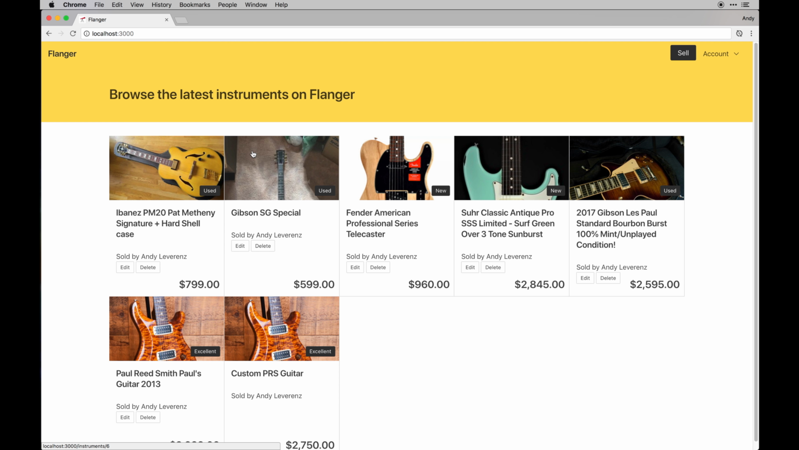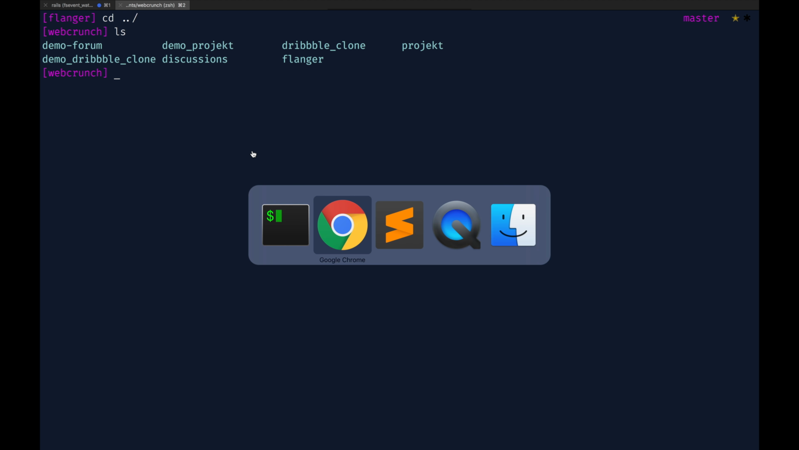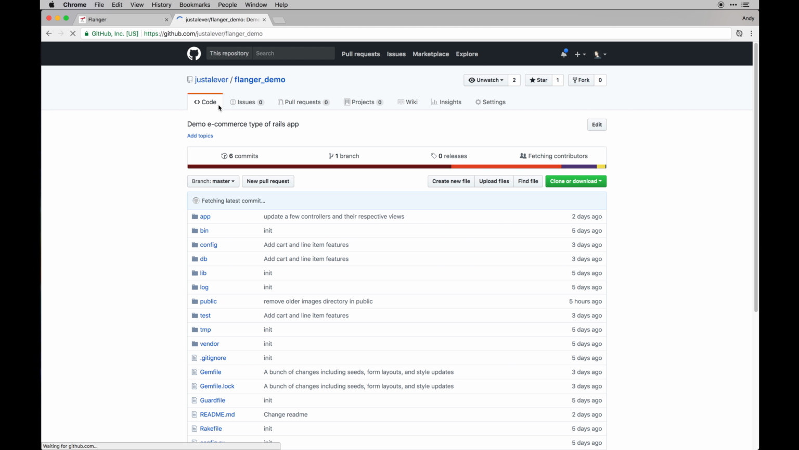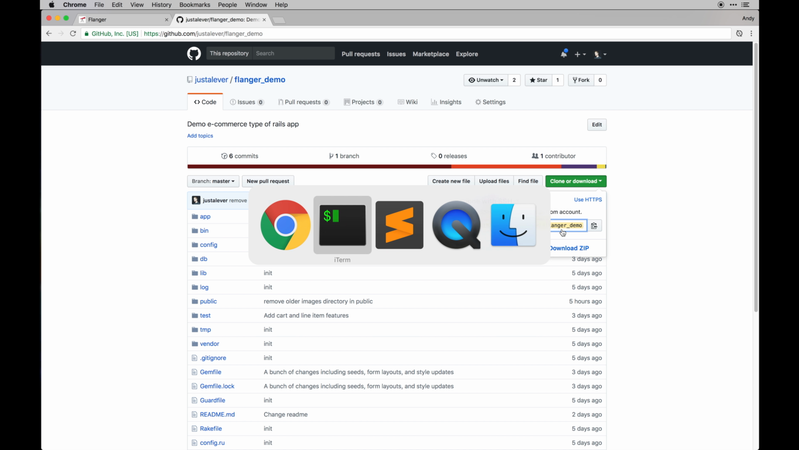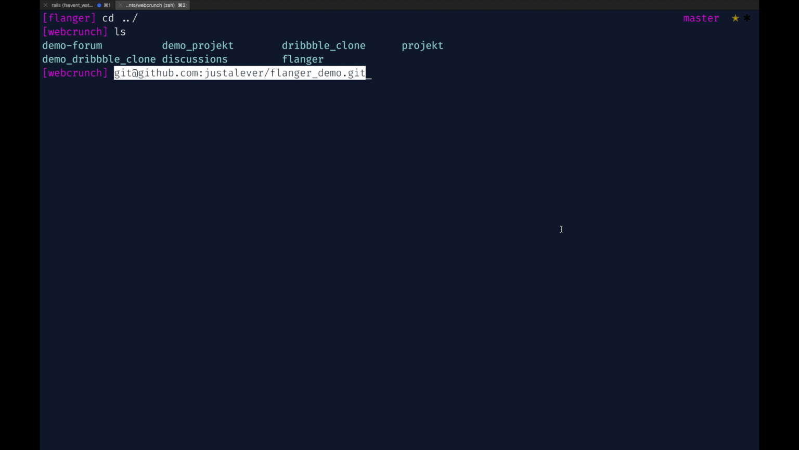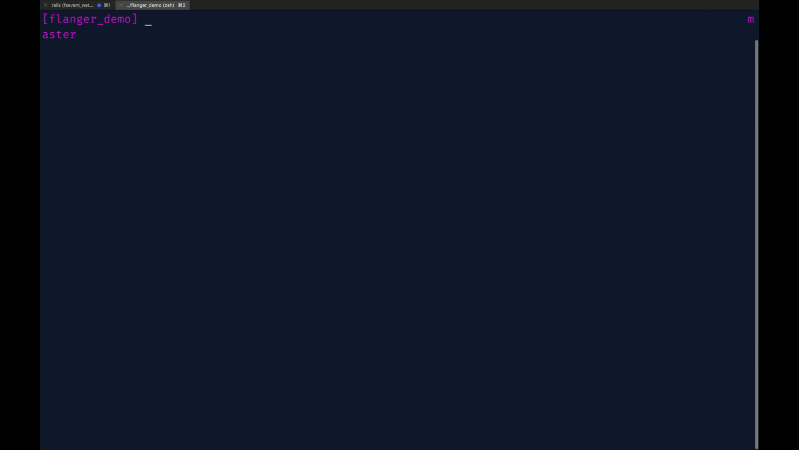If you download this source code, I'd recommend going and just cloning it. So if I go out, maybe I'll do it real quick in my webcrunch directory. I'll go to my GitHub repo, Flanger demo, and clone this one. This isn't the one you should clone, but this is the one I did before just to verify that all this is working. I'll do a git clone into this directory. And then I'll cd into that. So let's say Flanger demo. And the first order of business is to do a